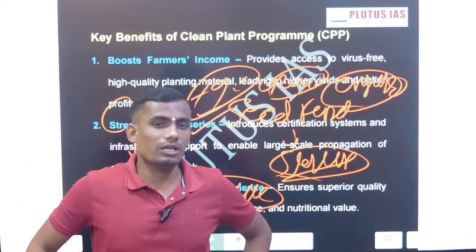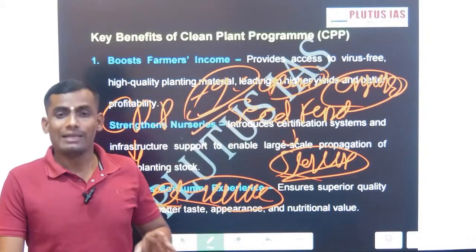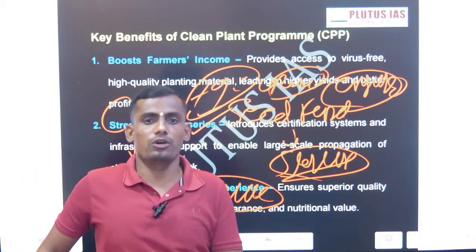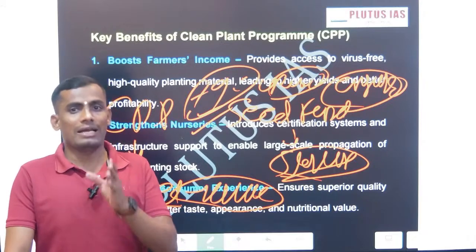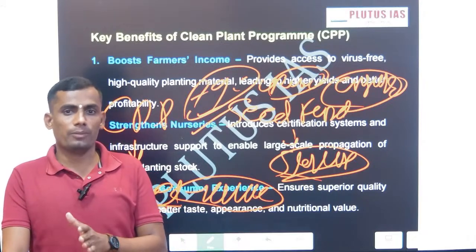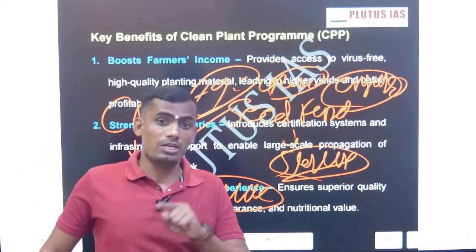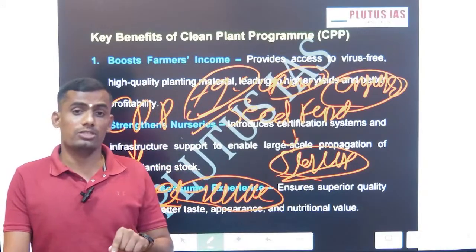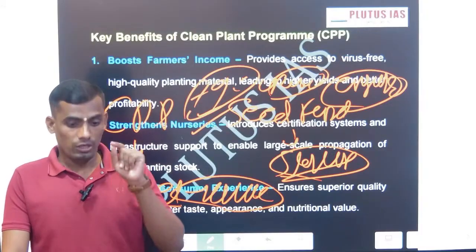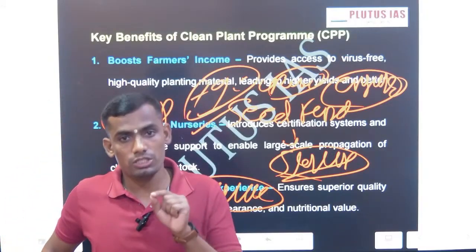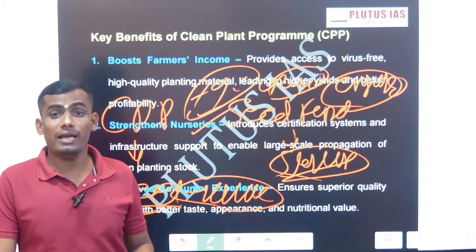What is the benefit for the government? Through this clean plant programming, the basic fundamental of the government is welfare, and the basic welfare is in the agriculture sector. 54% of India's population is engaged in the agriculture sector, and in agriculture GDP, 33% share is of horticulture. So it becomes necessary to protect national food security, then self-reliance in the food domain.